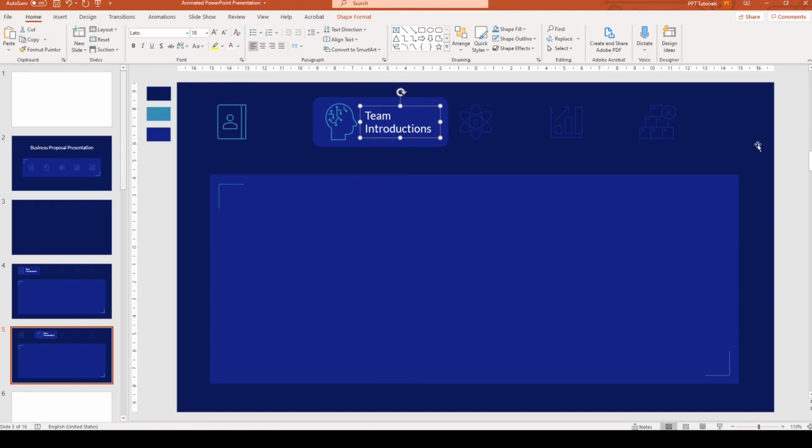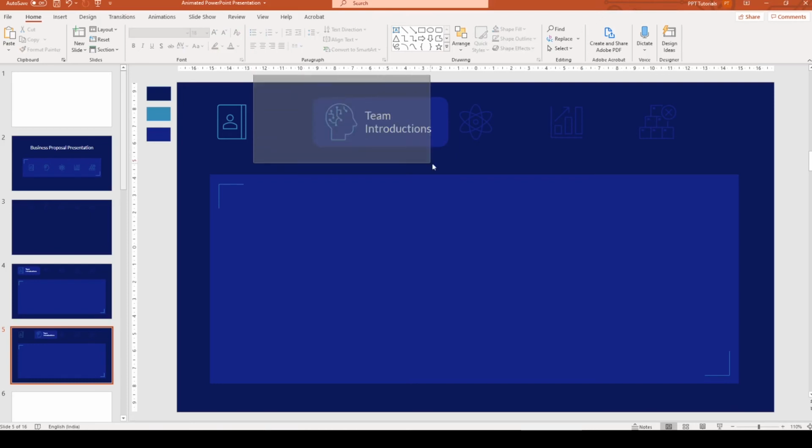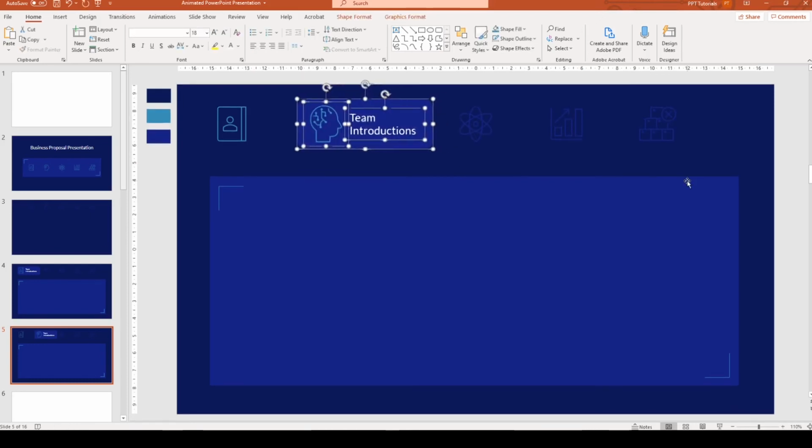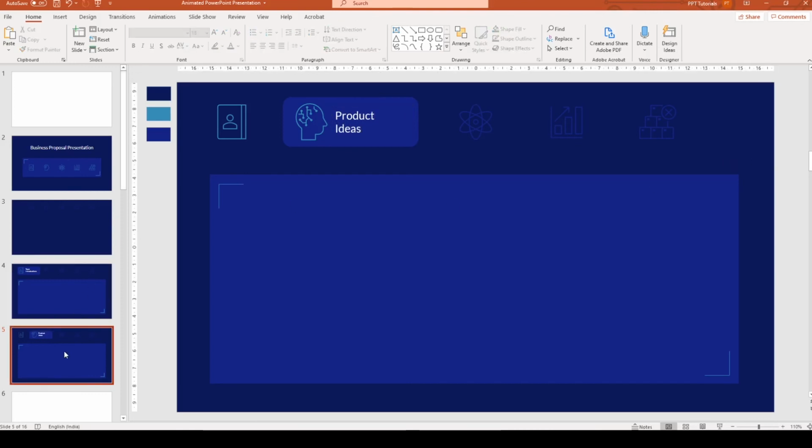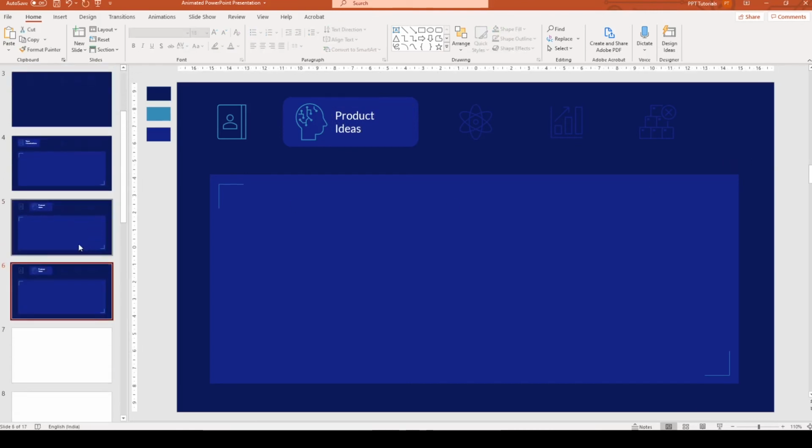Now click to select the text box and move it right using the arrow keys. Now I'm going to hold down my left click on the mouse and select all of these elements together so I can move them all at once and align them more perfectly on the slide. Now click anywhere inside the text box and press Ctrl A to select the text and type in the new text that you want. Next, I'm going to go to the slide thumbnail, right click and duplicate the slide.